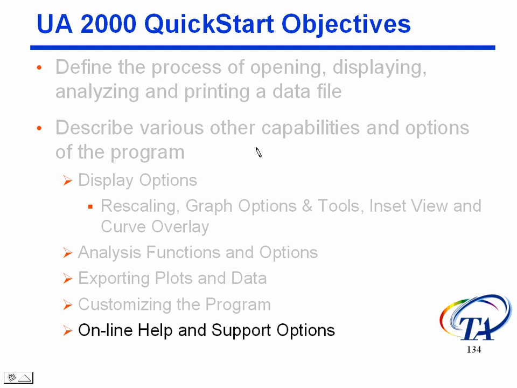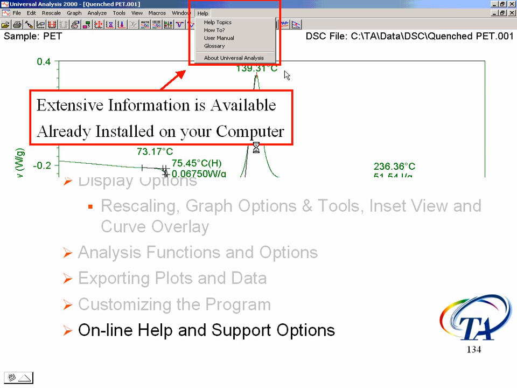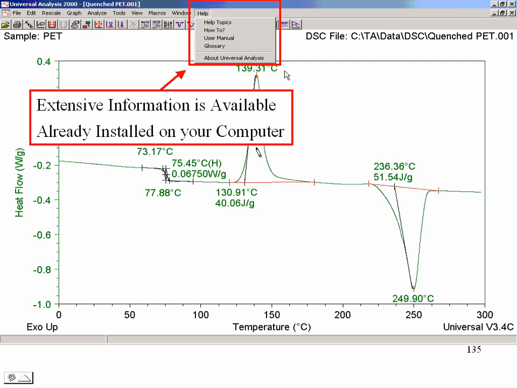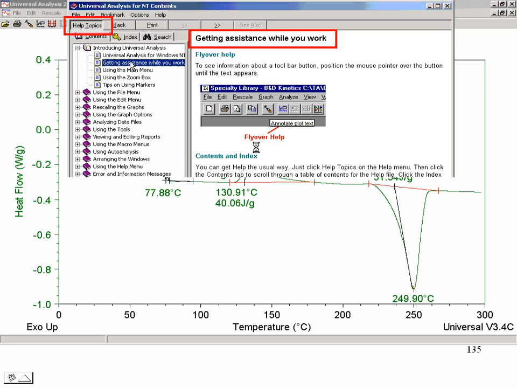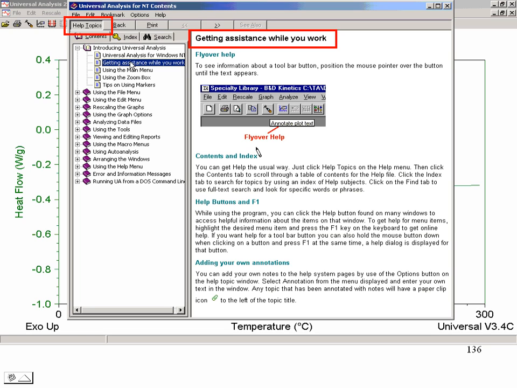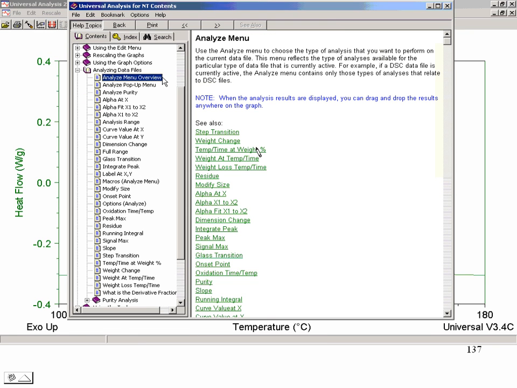Now I'd like to talk briefly about the online help and support options you've got available. There's extensive information installed on your computer already. You really should take advantage of it. Help topics are meant for getting assistance while you work. For instance, if you pick the one that says